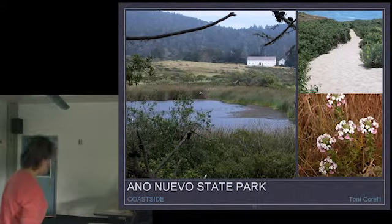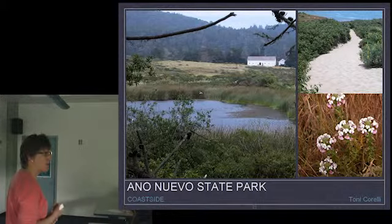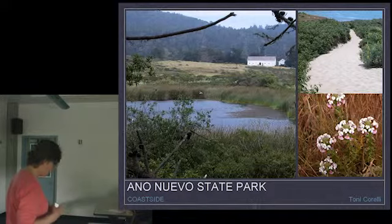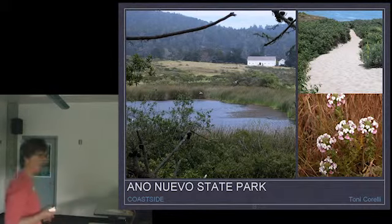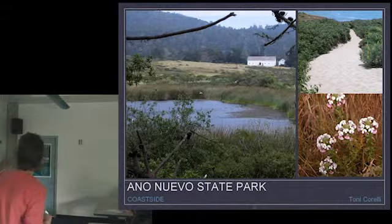The last one on the coast that I'd like to mention is Año Nuevo State Park. It's way south along Highway 1 near the San Mateo County line and the Santa Cruz County line. And most of us know about Año Nuevo State Park because of the elephant seals and the stuff they do out there on the beach. Well, in order to get out there to see that, you walk through some really beautiful area. You walk through